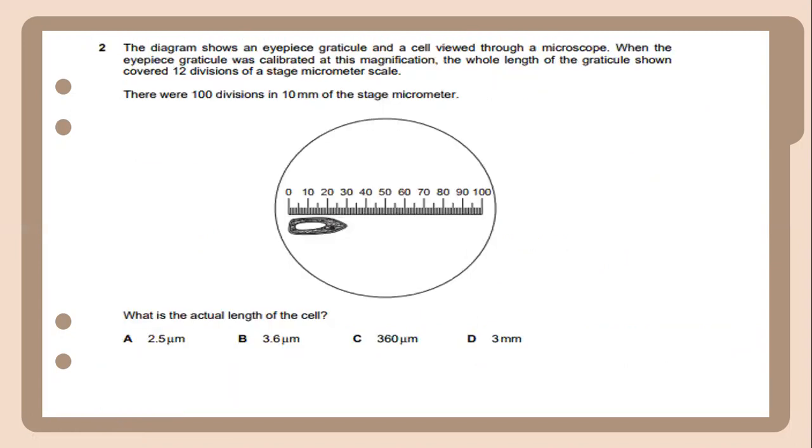The diagram shows an eyepiece graticule and a cell viewed through a microscope. When the eyepiece graticule was calibrated at this magnification, the whole length of the graticule shown covered 12 divisions of a stage micrometer scale. There were 100 divisions in 10 mm of a stage micrometer. What is the actual length of the cells? It is